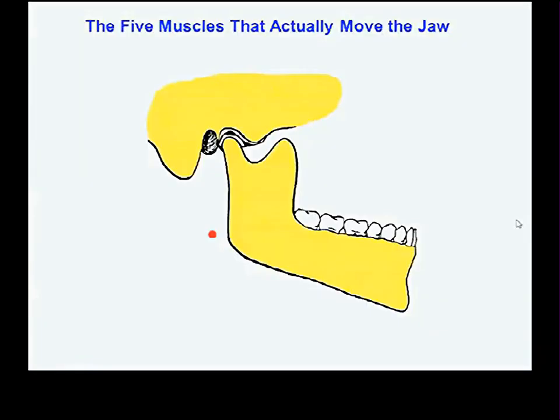All right, so the 5 muscles that actually do move the jaw, knowing now that the effective axis of rotation is somewhere here behind the angle of the jaw, we can figure out, in relationship to this axis, what these muscles are likely to do. Here's the anterior belly of digastric. It's not a very powerful muscle at all. The vectors I've drawn here, the magnitudes are not representative of anything.